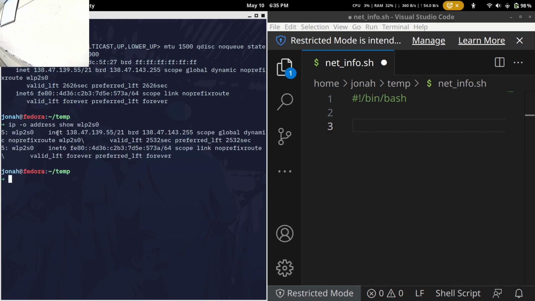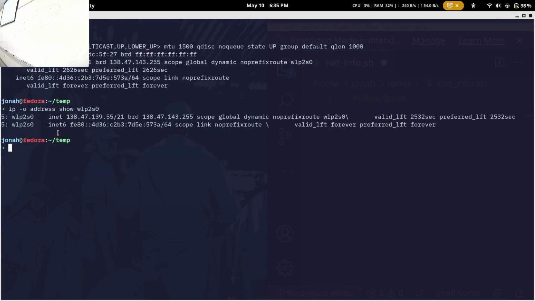Cool. Okay. So that -O flag will put it all into one line for us.